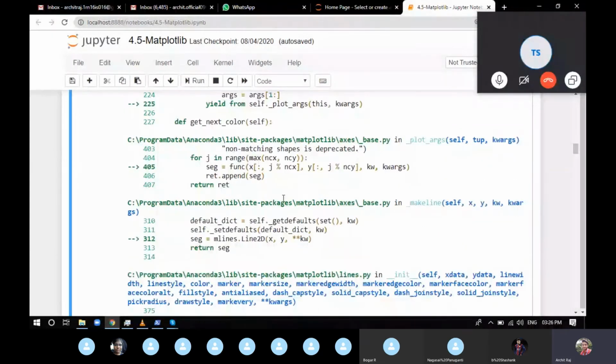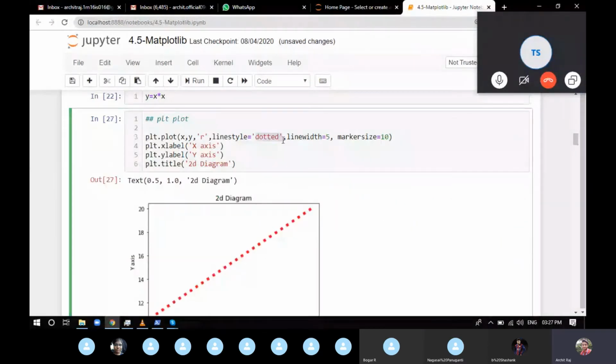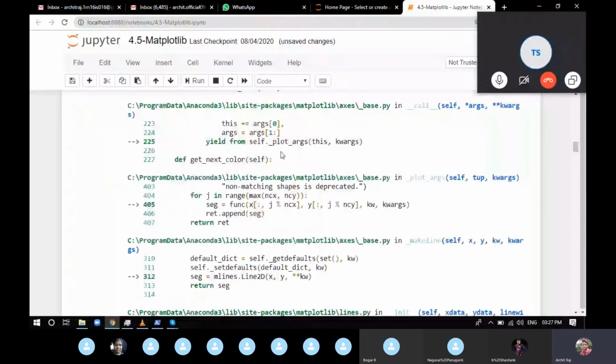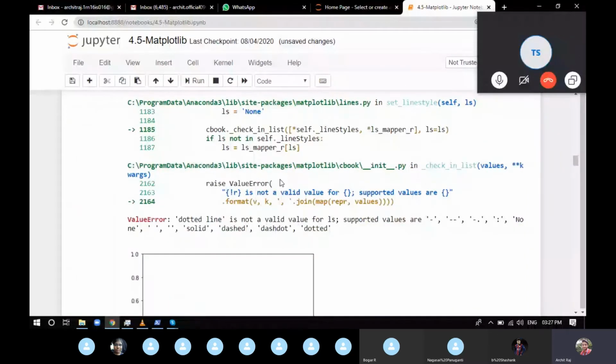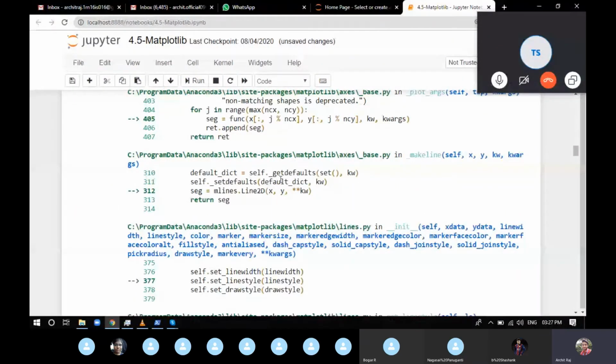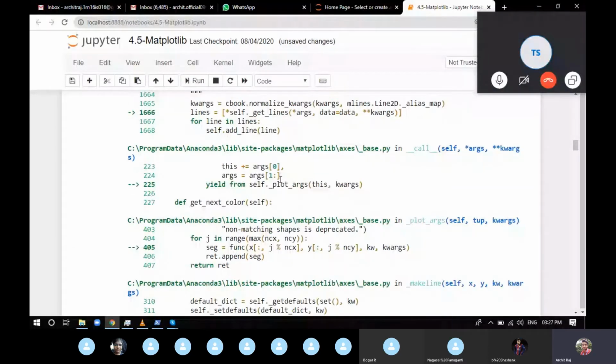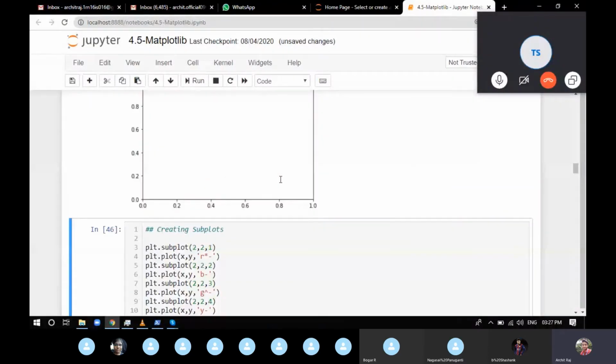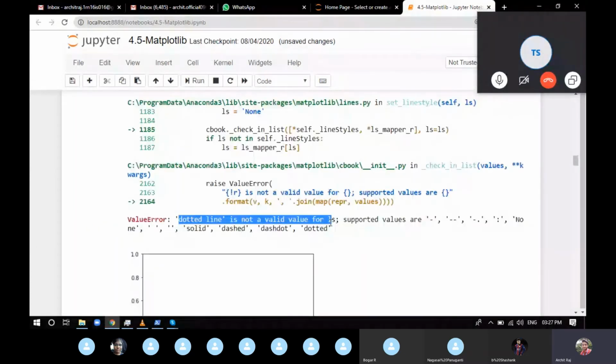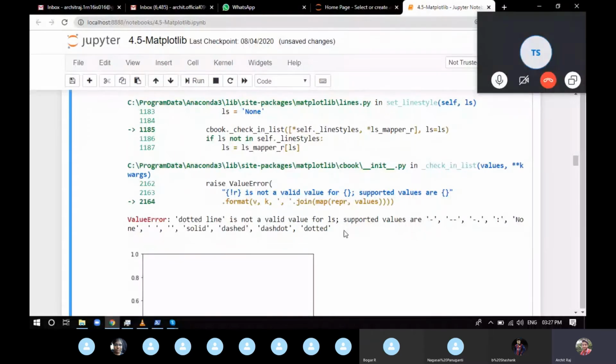If you write anything else which is not allowed in the attributes, it's going to give you an error, and at the end of the line, you'll get to know which things are allowed. Previously, I had written dotted line, which is not a valid parameter. So we can see at the end of the line that dotted line is not a valid value for the parameter. The supported ones are these things. So even if you just made a spelling mistake and got an error, go to the end, read the error, and you'll get to know which things are allowed and what exactly your mistake was. Now just remove this dotted line here.